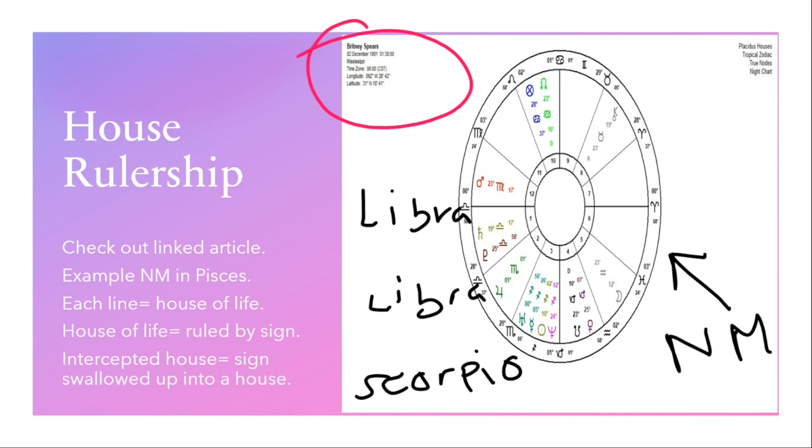And what this basically means in astrology is that one sign is swallowed up into this person's chart. So this sign or this energy does not actually vibe with that person, meaning that energy does not rule an area of their life. So you could say it's a lack in that person's personality or that person's experience. And the reason why they have that lack is because of, if you believe in past lives, astrology,